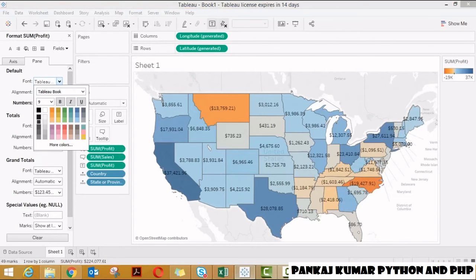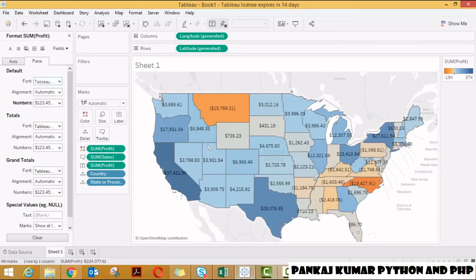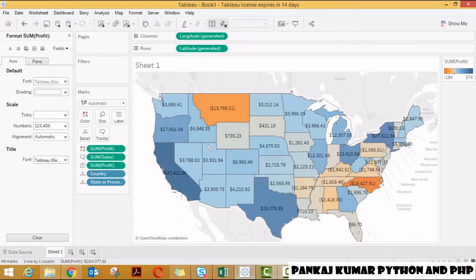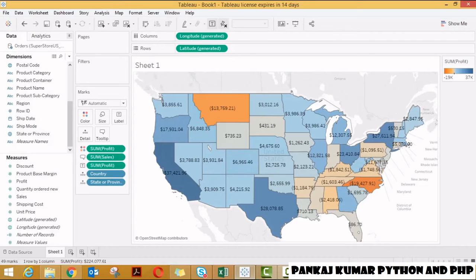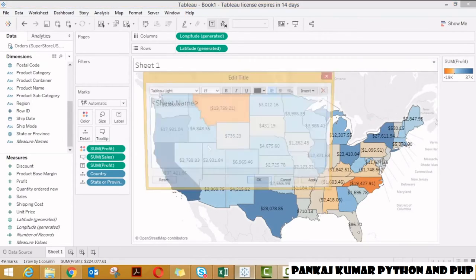So this is how you can change the font size, or if you want to make the font a different color or different sizes, you can just change it here. Okay, so guys, this is how we can change the alignment. For example, if you want to change the sheet name, suppose this is the title of my heat map, it should not be Sheet 1, so let us change this, edit title.